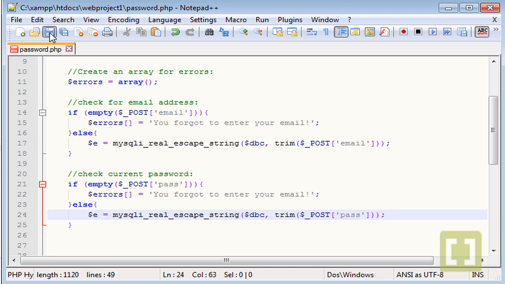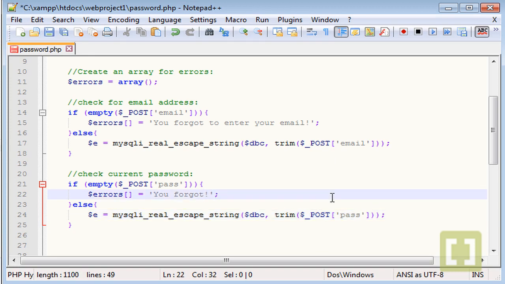Okay, save this. And let's change the message, obviously, you forgot to enter your current password. Okay, and oh, almost forgot, we need to change this to, let's type P for password. Okay,